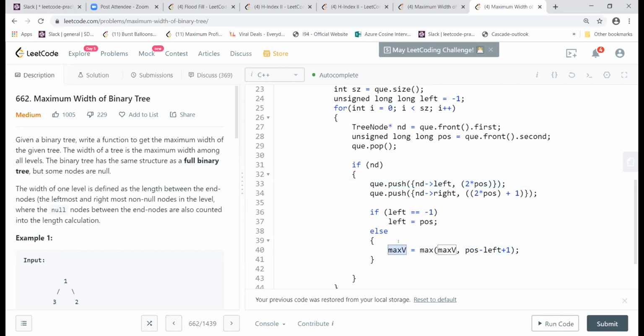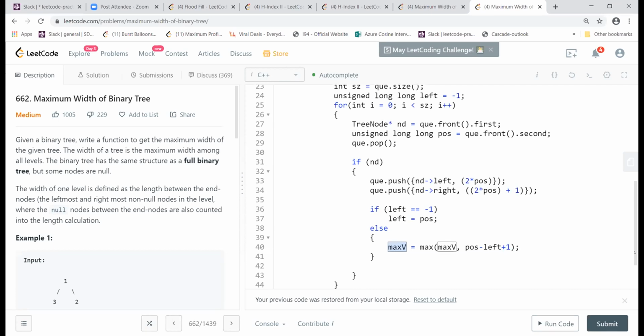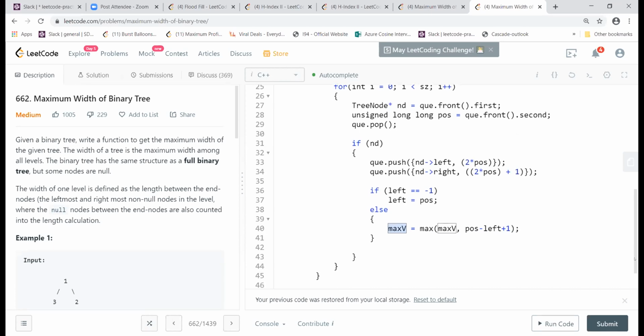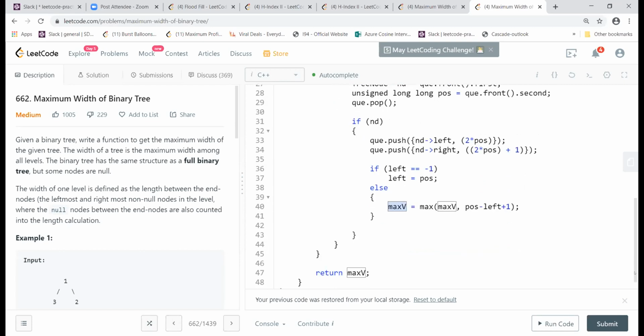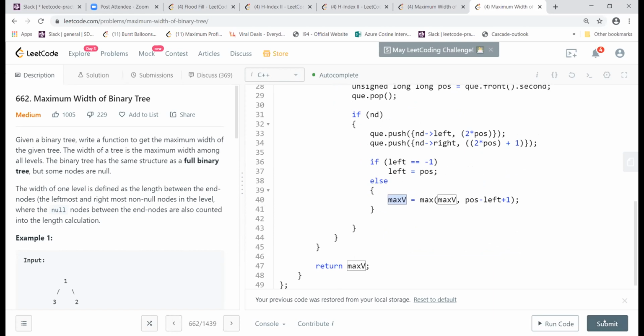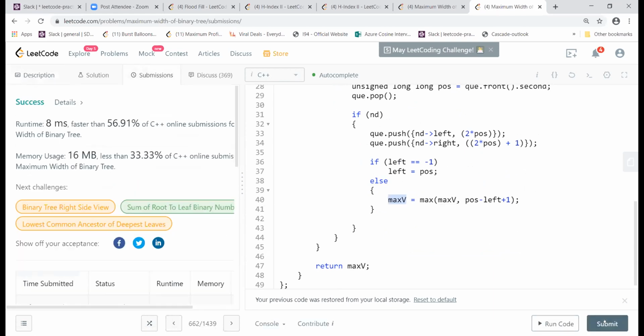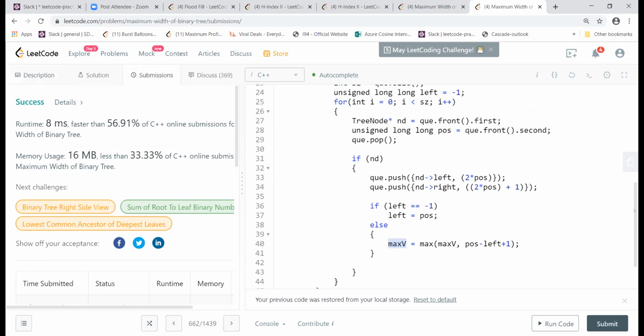So this might be a slightly inefficient way of doing it, because you are actually just comparing at the last index, the last node, but I'm doing it for all. This left equal to -1 will track the first time you have visited that node at that level. Yeah, that is the first one. And then I just return. So this worked for me. That is what I was wondering. But in your case, you are using a map for that.